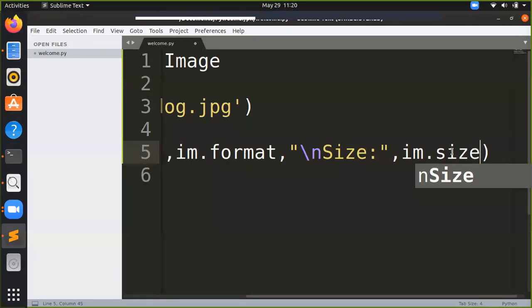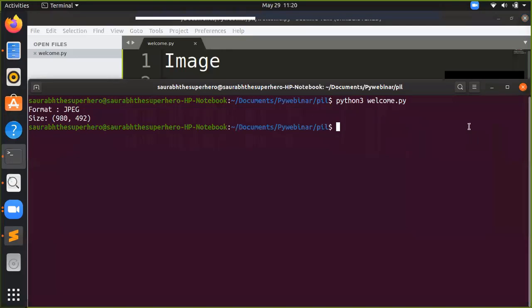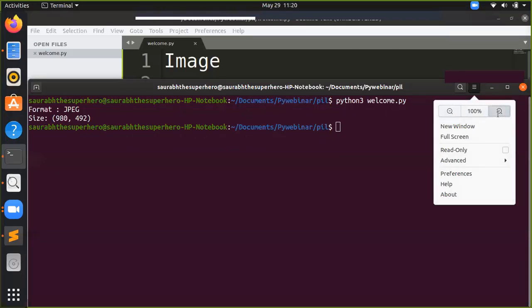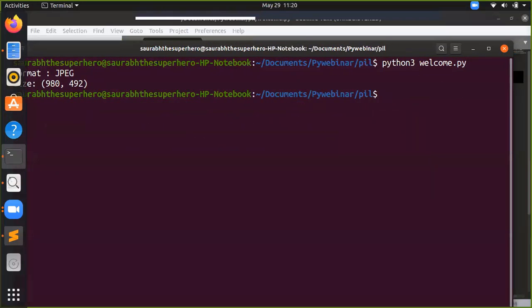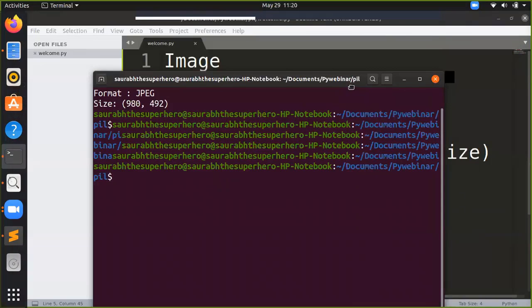Okay, let's save it again. I am clearing the screen. I hope everyone can see. I am zooming in a little.